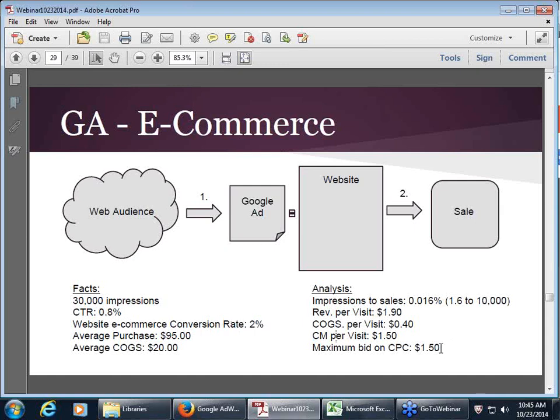If the average cost per click needed to get some real conversion to your site is higher than $1.50, it's probably not worth it. Or you might want to look at the lifetime value of a customer, which is a little bit more abstract at this point. The other alternative is to boost that actual e-commerce conversion rate on your site. Now, what does it take to do that? That depends on how effectively you're displaying content on your site. It could be the assortment of products that you have on site. This turns into more of a marketing question, a branding question and a site layout question. But these are at least two pieces of advice you can give to your clients.